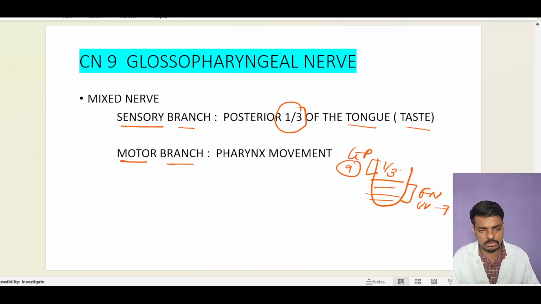sweet taste. Okay, while studying the GI system, we study where the particular taste buds are present, and which part of the tongue is responsible for which type of taste perception. We will study that while studying the GI system. Okay, so this is our glossopharyngeal nerve, which supplies two parts of our